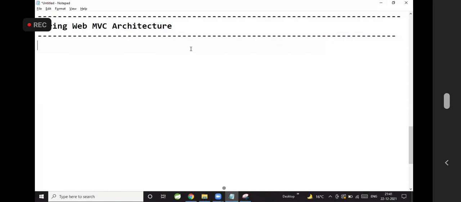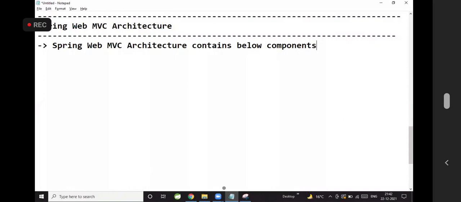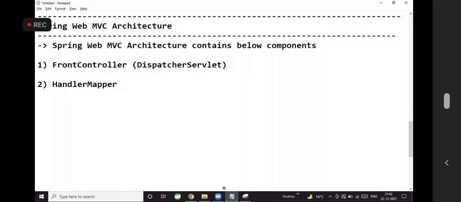In Spring Web MVC architecture, below components we are going to see. Spring Web MVC architecture contains below components. First one, front controller. This is also called as dispatcher servlet. Second one, handler mapper. Third one, controller.